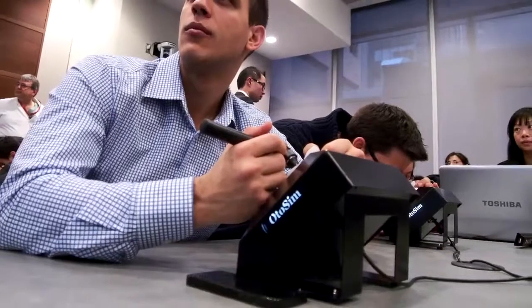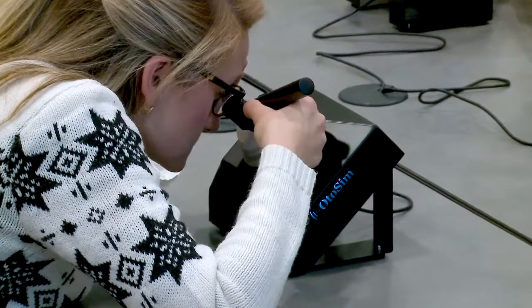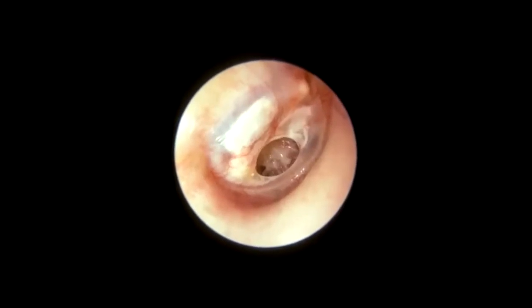It was actually amazing. I really thought it was a great experience for students to learn about examining the ear. I really enjoyed how we could actually look into an ear without anyone moving around. It's much more realistic in the sense that you can look right into the ear and you feel like you're actually in a clinical setting. I would recommend it to all medical students in my class, and medical students across the country and